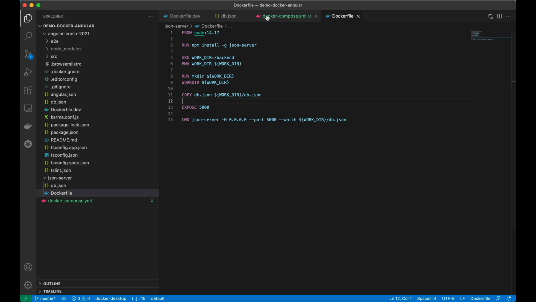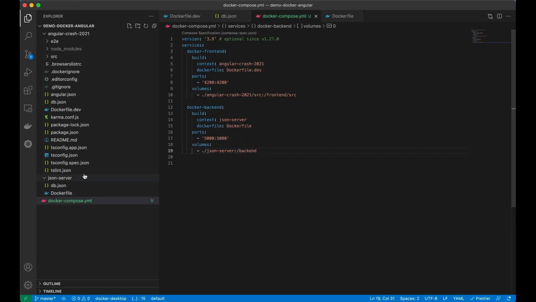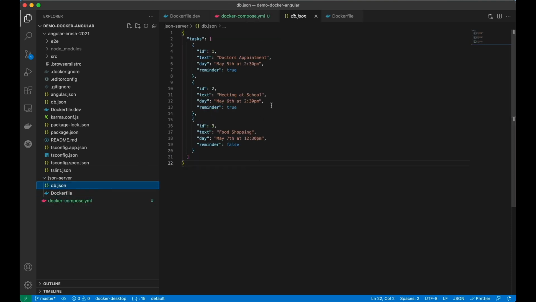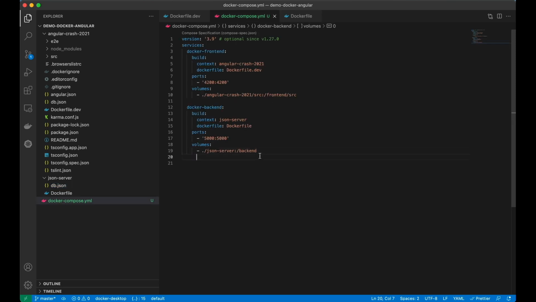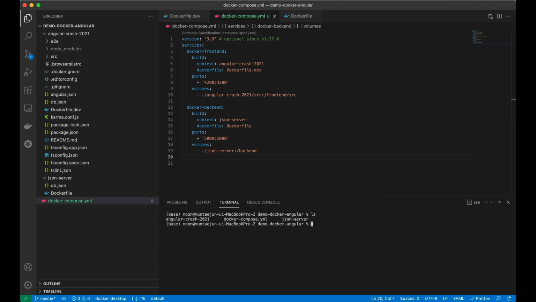So basically any file in this directory is going to be reflected on the Docker container volume. So we can keep the database JSON file the same on the local and the container. Okay, so that's for the Docker Compose file. Open the terminal again. And from here, we can simply type Docker Compose up. And it should